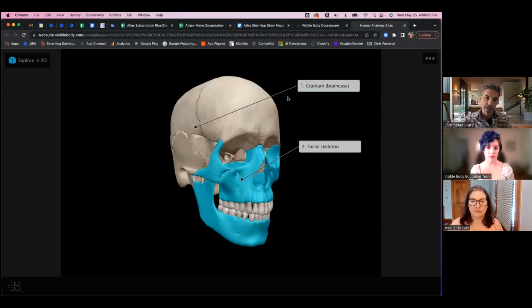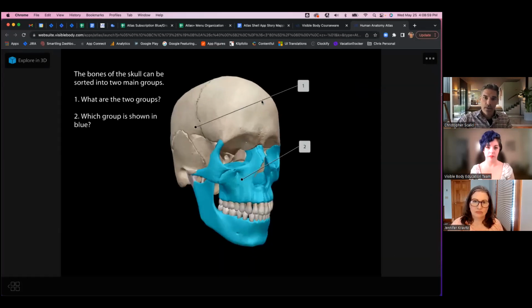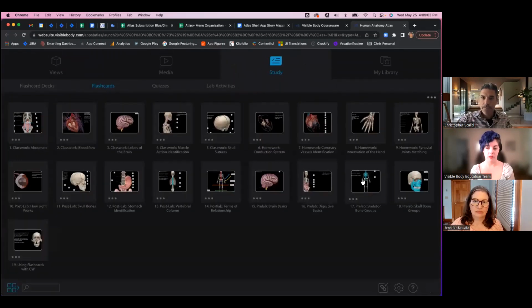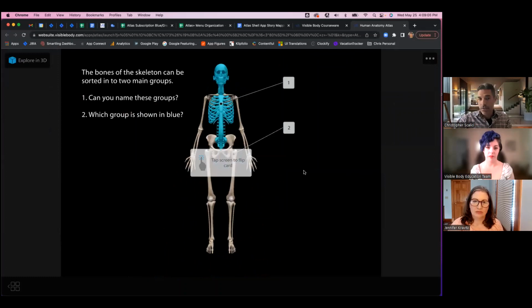So you're really feeding the students just some introductory information. You imagine they spend a couple minutes on this, and that's it, right? And then if I go back, there's another skeletal one kind of similar, right? Again, you can imagine you're on your first day of skeletal system, and you're trying to learn about what are